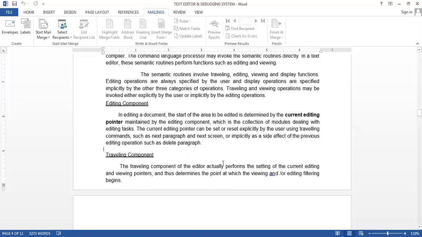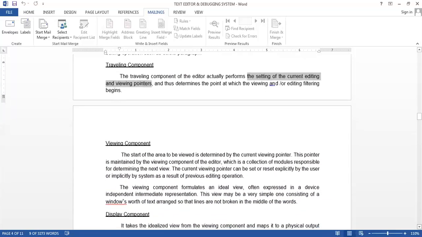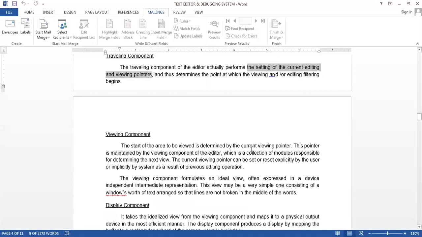Means we will travel through the document and select what we want to edit or view, and thus determine the point at which the viewing and editing filters begin. So after traveling, we will select the path and tell that from this place our editing or viewing component should start. Then the viewing component: the start of the area to be viewed is determined by the current viewing point.